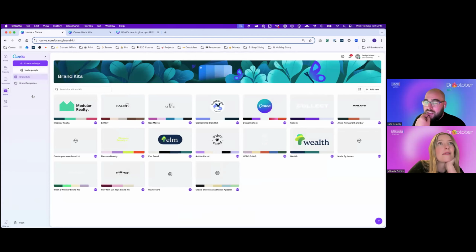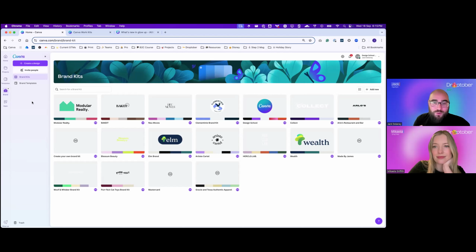I think the other great thing to point out for people who might be working with a bunch of different brands or might be working with clients and have a bunch of client brands uploaded in here is that as an admin, you actually have control of brand kits as well. So you can say, well, I only want my clients to be able to use these certain colors. So you can definitely 100% make sure that they're staying on brand and not straying or choosing